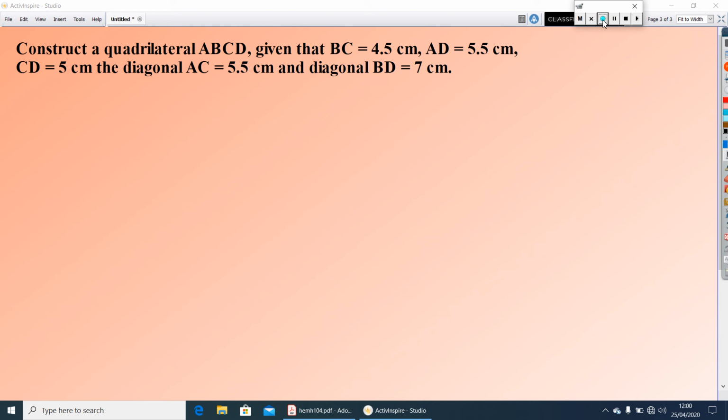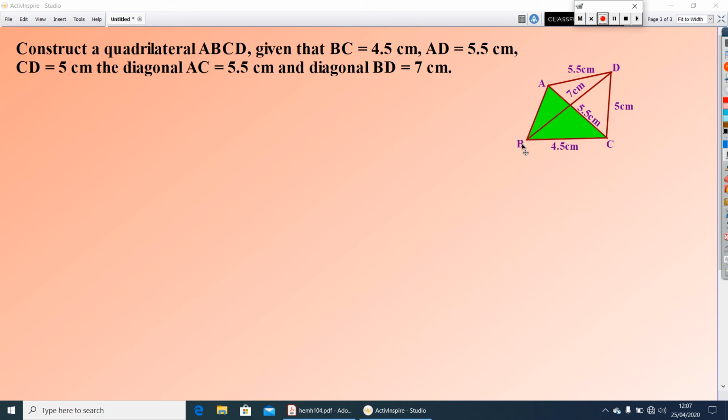First of all, let me draw a rough figure. Here also you can find two triangles by using the same method we adopted in the first construction. We have to draw these two triangles and then join AD, and you will get a quadrilateral ABCD. So first we can draw triangle ABC. Is it possible to draw triangle ABC here? Because for triangle ABC, only two measurements, BC and AC, are given, so it is not possible.